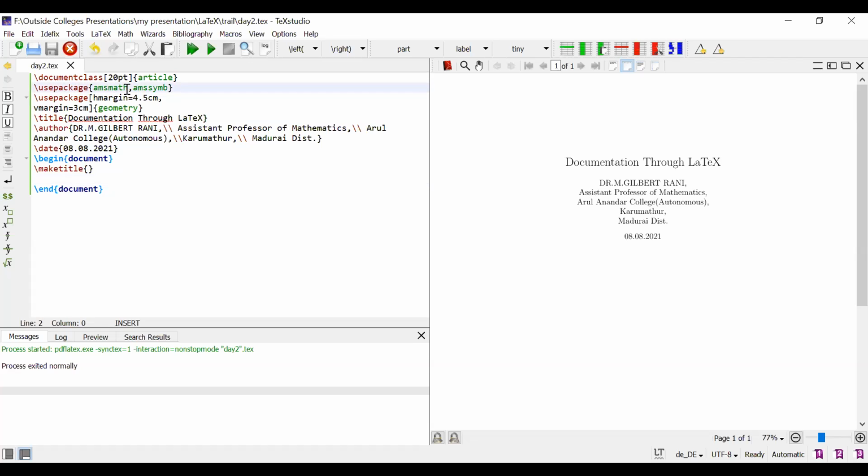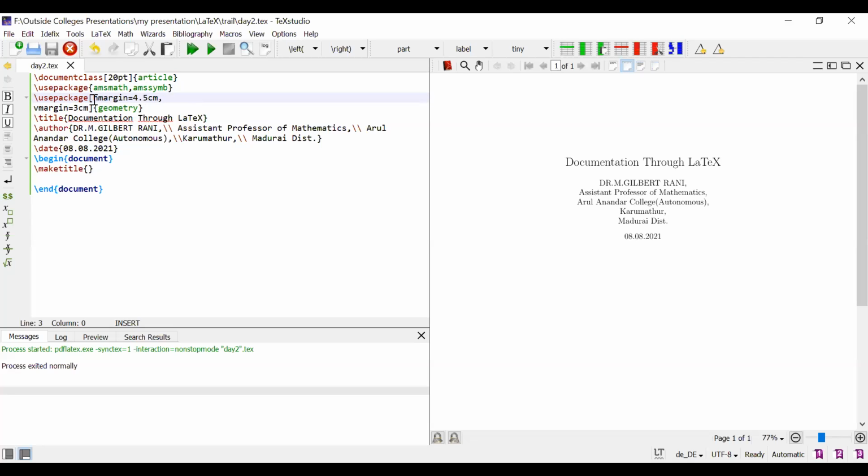Whenever we use mathematical symbols and chemical embedding symbols, we can use two packages, amsmath and amssymb. Instead of amsmath and amssymb, you can use mathtools in recent versions. This mathtools package loads amsmath as well as amssymb. Next, I use one more package today, that is geometry, because I want to align the margin in a vertical and horizontal way.